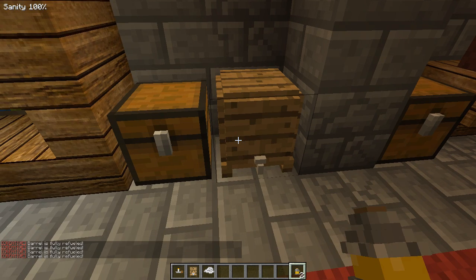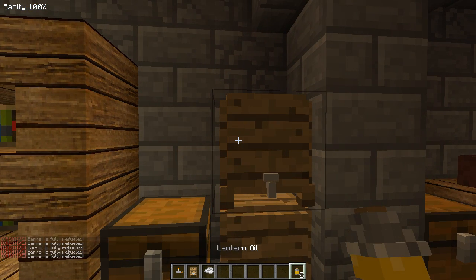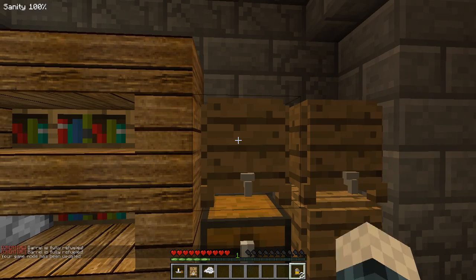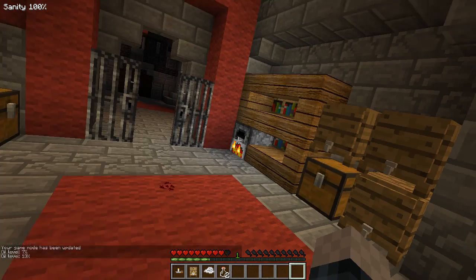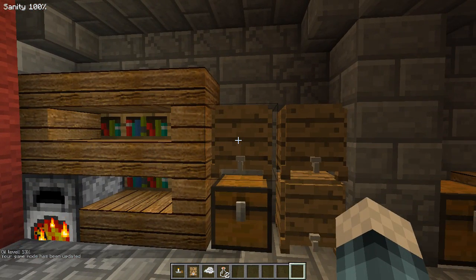Barrel is not full. Is this one full? Oh, I think because maybe I'm in creative it's doing that. Hang on, let's put more barrels down. There we go. Okay, so 7%, 13%. Oh, I'm starving. That's not good. Okay, so then you fill that up, and you'll then need these barrels with oil in them to fuel yourself